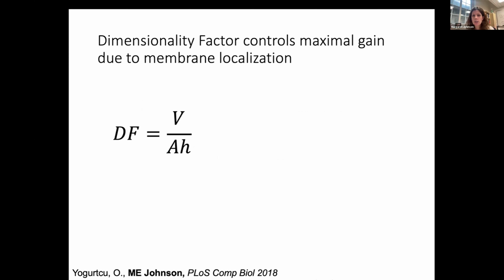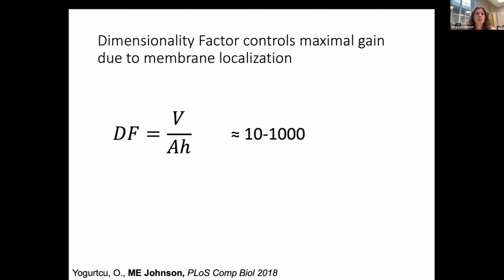Basically, what we're going to say is we know this. It's on the order of nanometers. This dimensionality factor is really going to control how much you can possibly gain by moving your components from 3D to 2D. For most cells, the volume to area is a micron. H is going to be on the order of nanometers, so you can get a gain of 10 to 100,